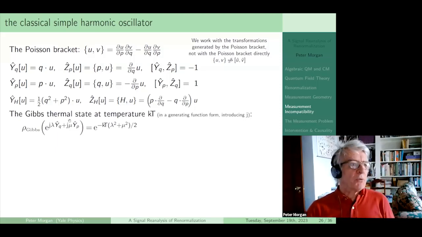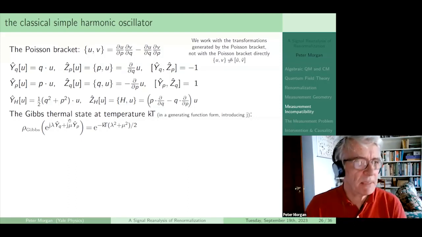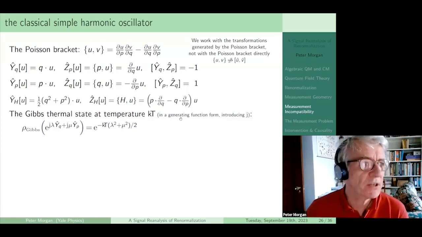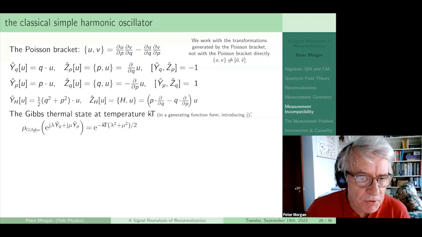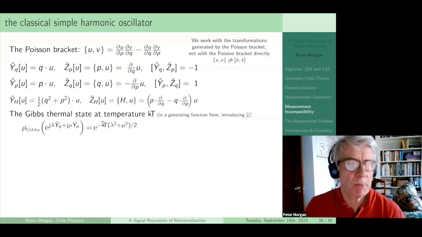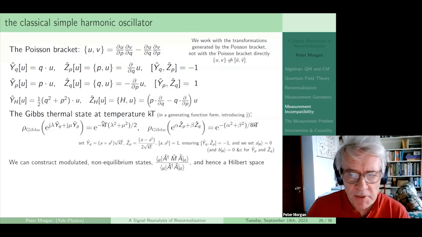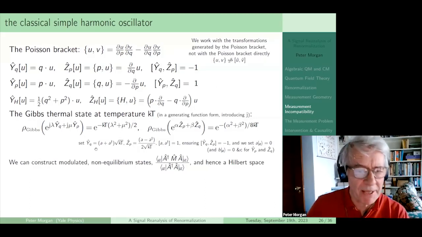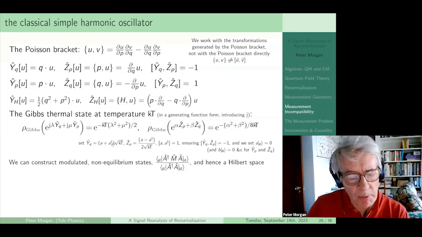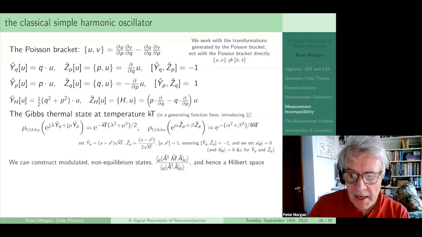So the natural place to look for a statistical state for this from the 19th century is the Gibbs thermal state at a temperature KT. And I'm going to introduce J again because I want to construct a generating function. And that gives us, for the Gibbs state, a Gaussian expression as you'd expect for a simple harmonic oscillator. Now, because I've introduced J, this now really is the Weil-Heisenberg algebra. And so there's essentially only one mathematical way to go. And the easiest way to construct it is to introduce lowering and raising operators with KT instead of H bar. And of course, the lowering operator annihilates the thermal state.